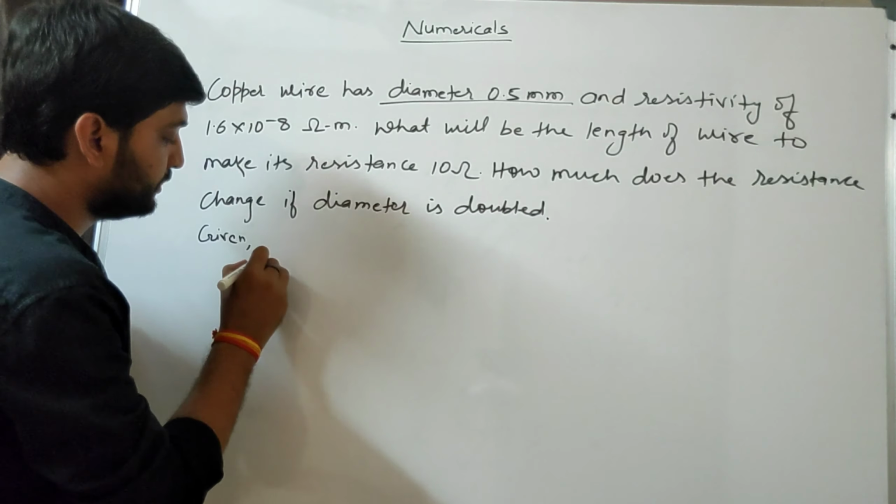Okay. So from here, see, if we calculate L, what will happen? Resistance into area of cross section divided by resistivity. If we keep L on this side and send everything to the other side, R into A upon rho is equal to L. That is what I have used here. Length is equal to resistance into area of cross section by resistivity. So resistance is given 10 ohm into area, this value, divided by resistivity. When you calculate this term, you will get 122.72 meter. So length is 122.72 meter.